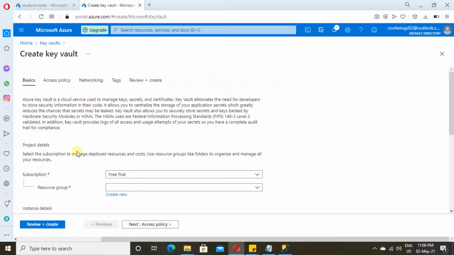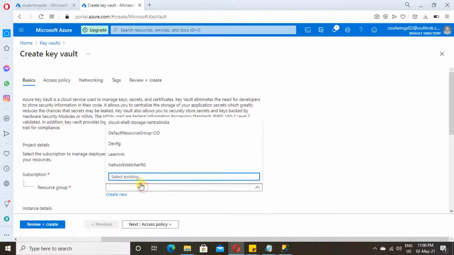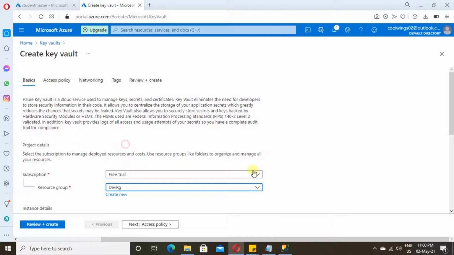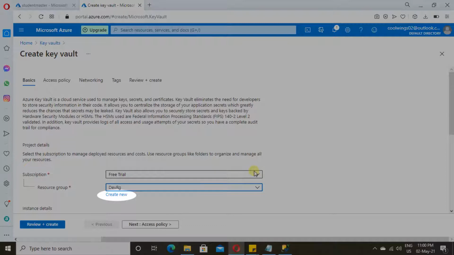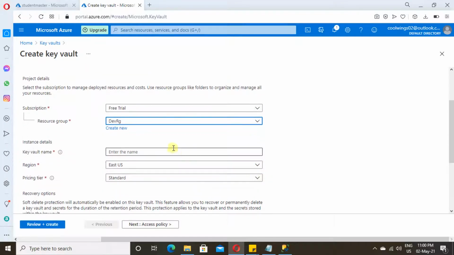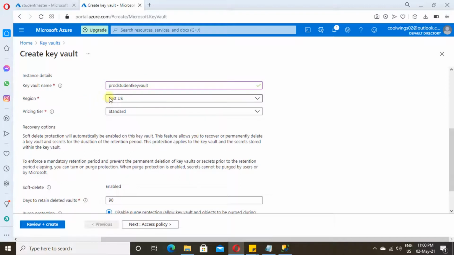Click on create Key Vault. So here select the resource group which you created in our earlier videos. If not, you can create a resource group from here itself. And next, we need to provide the key vault name. This key vault name should be a unique one. If it is already taken, it won't let us proceed further. So always provide a unique one. I guess this will accept. Yeah, accepted. Now provide a region which is near to your client.